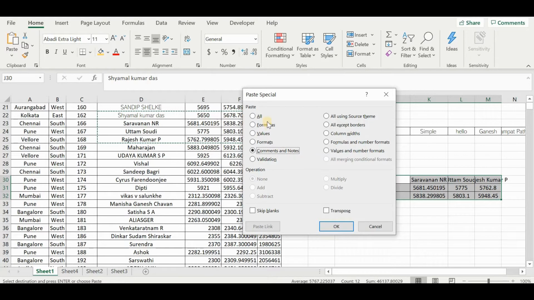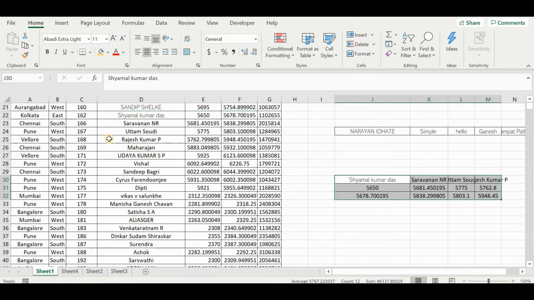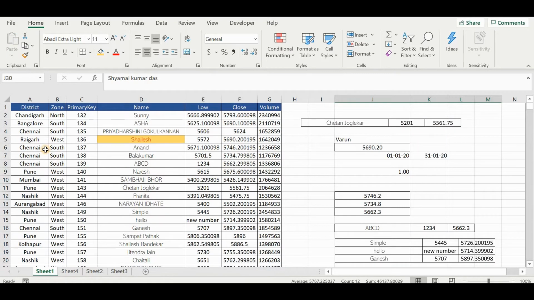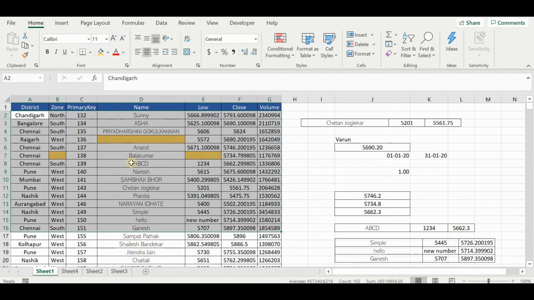Let me show you one thing. Suppose in this data, I delete this, and I just mark it so that I remember. I delete this and I mark it like this. Now, suppose there is huge data. I will not know what all cells are left blank. And I want to replace all the blank cells by some random value, say nothing here.